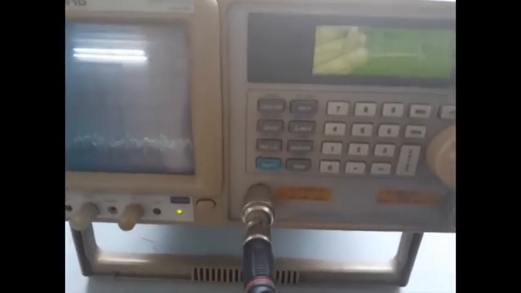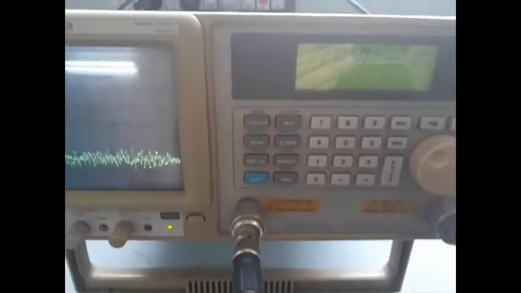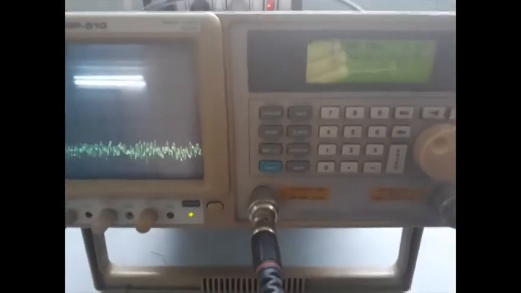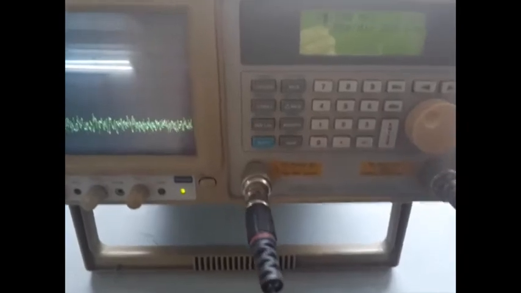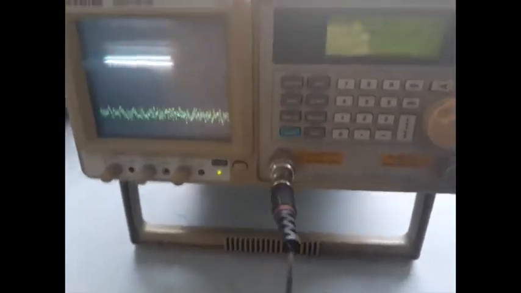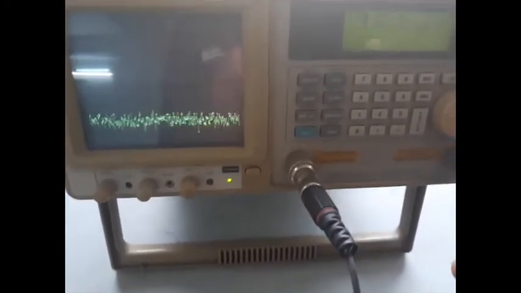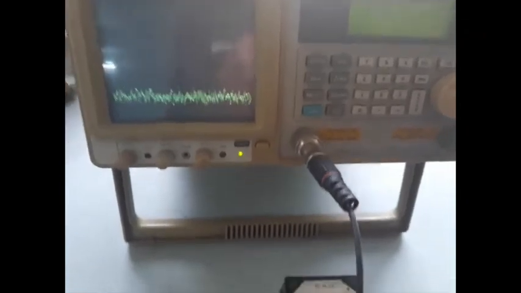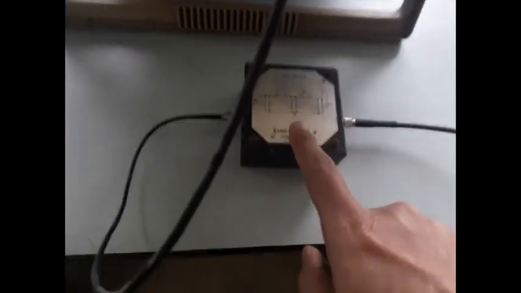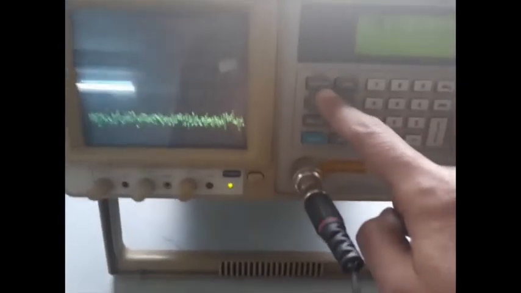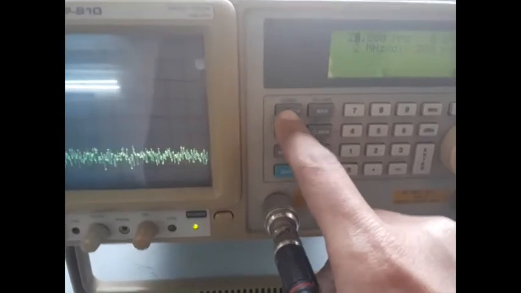I will show you the settings of the spectrum analyzer, because on a previous occasion, while performing a previous experiment, somebody else might have changed the settings. So you need a proper setup for proper measurement. What we have to do: we are going to measure this filter response up to 1 gigahertz. So you press this center frequency,